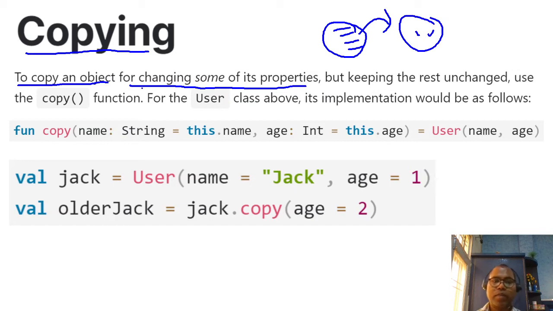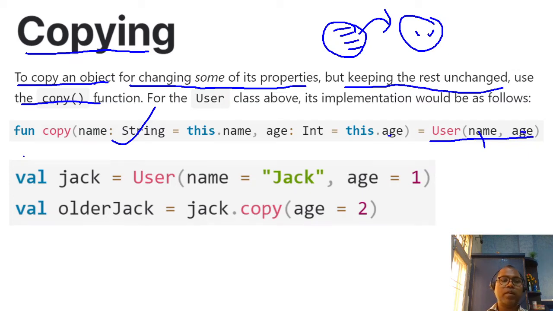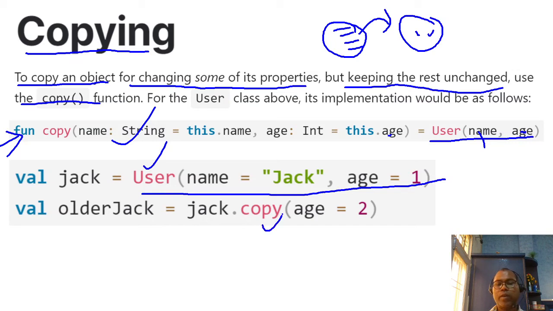Copy an object while changing some of its properties, but keeping the rest unchanged. So use the copy function. Generally, if this is your username, the name attributes are mapped to name and age attributes are mapped to age. In this way the copy function is implemented internally. For example, in our case, let's say we have created one user with this name and this age. You can make another copy where the name is the same, but I want the age to be different. So here you can write